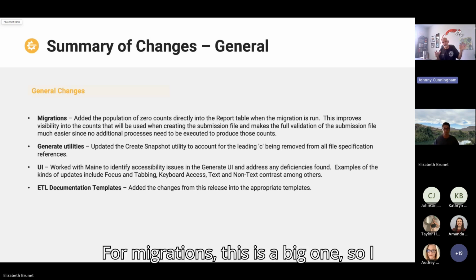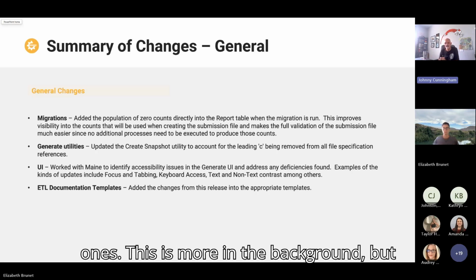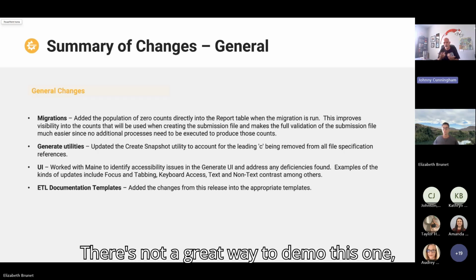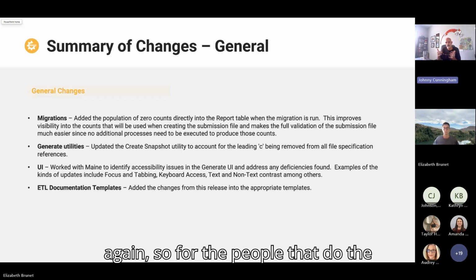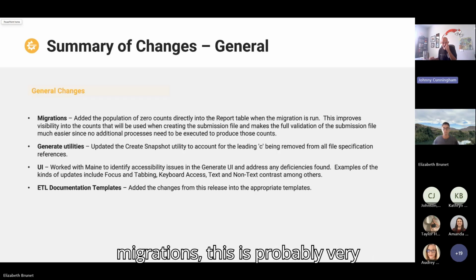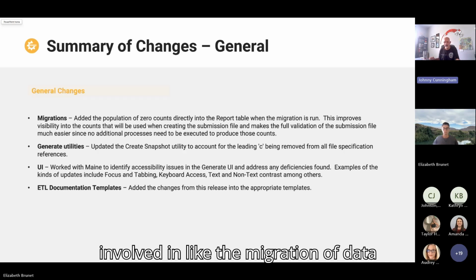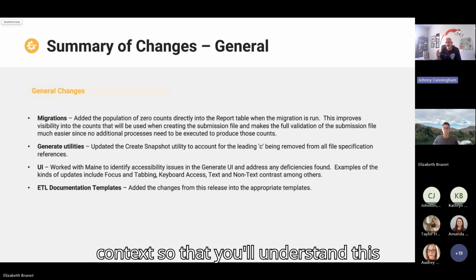For migrations, this is a big one, so I want to make sure everybody's aware of this. This is another one of those kind of big ones. This is more in the background, but I want to make sure I talk about it. There's not a great way to demo this one, but for the people that do the migrations, this is probably very familiar to you. If you're not involved in the migration of data through Generate, just a quick bit of context so that